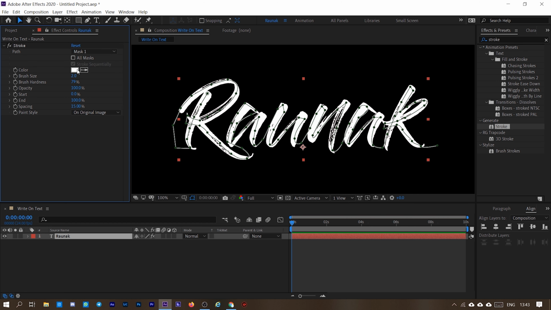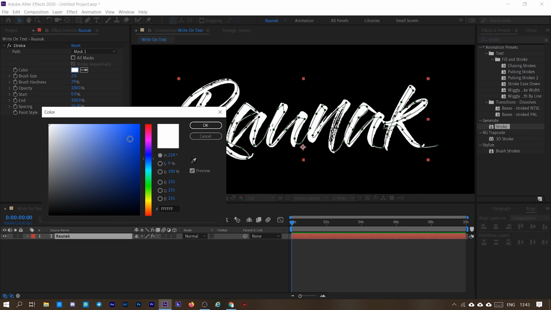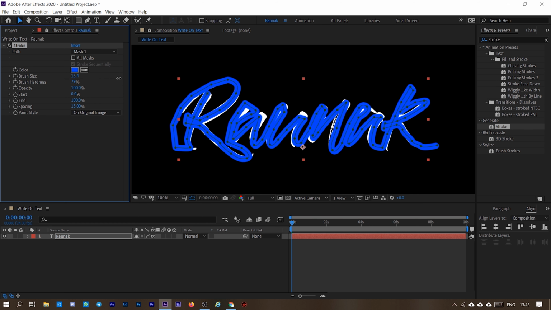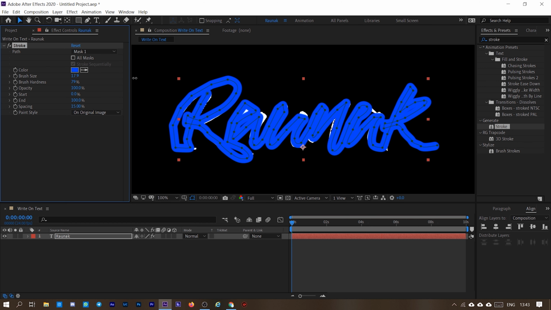So we will now change the color so that the mask is totally visible, because white over white will not be visible. You cannot see it. Now we will increase the brush size such that the entire white part gets totally covered. We can adjust some points to make it completely covered like this.